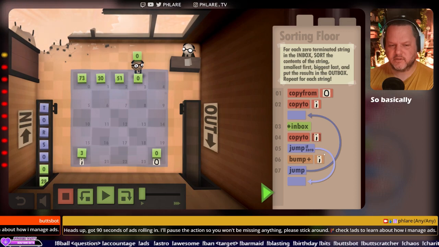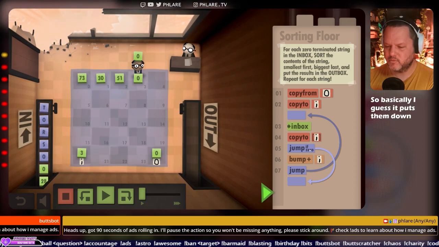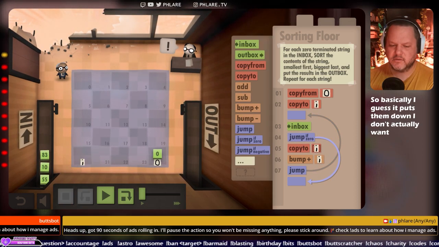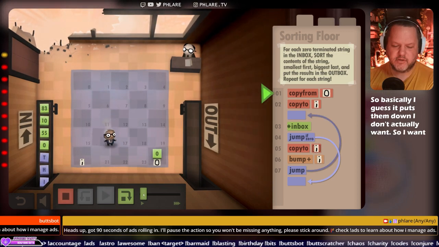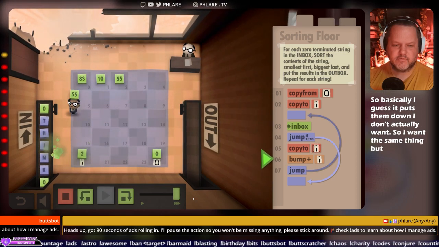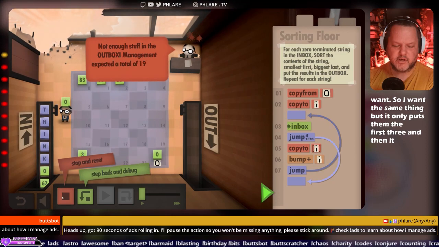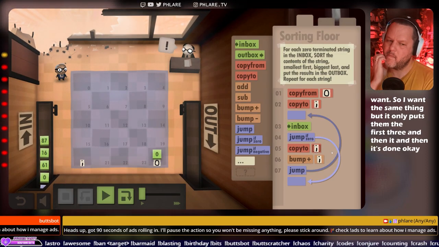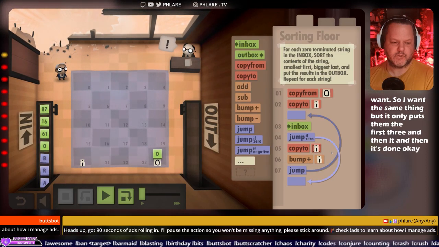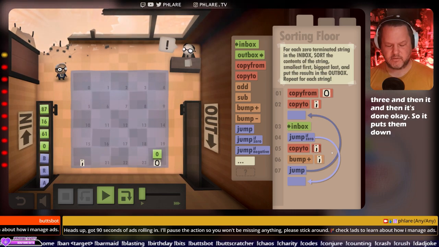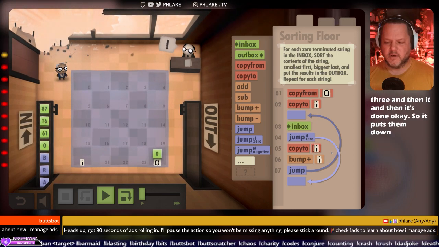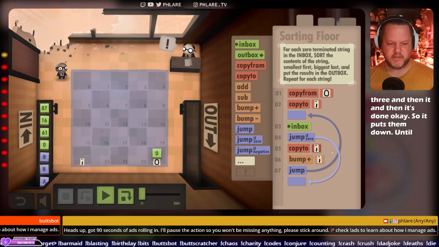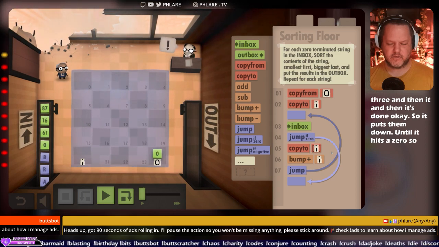So basically, it puts them down. I don't actually want that. I want the same thing, but it only gets done the first 3, and then it's done. Okay. So it puts them down until it hits a 0. So then